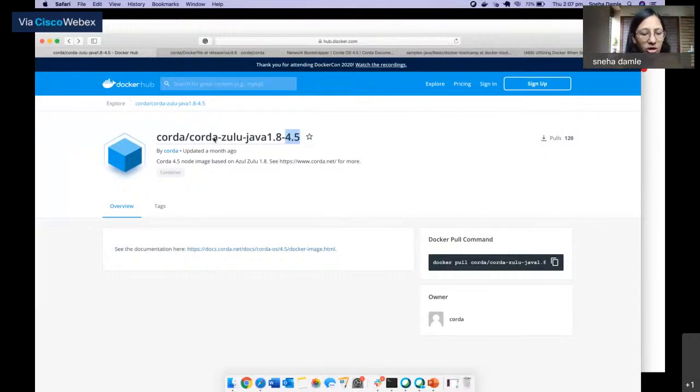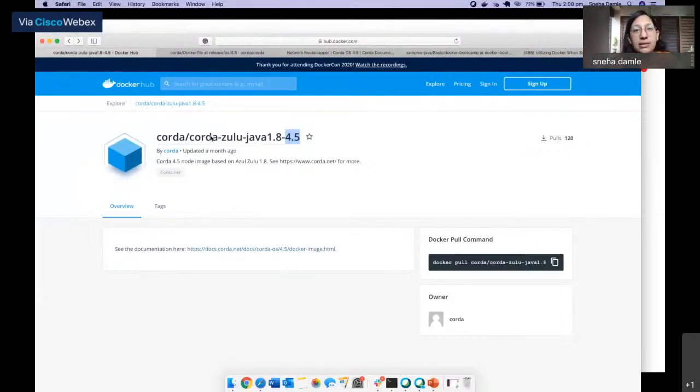Now that you know this is the particular image which you have to use, let's see how this particular Corda Docker image must have been built. Now again, when I say an image of Corda, I mean the base platform. Just to recap quickly, you can compare Corda with an Android operating system. Android gives you a base platform, and on top of that, Android developers build different Android applications. Similarly, Corda is also kind of an operating system.